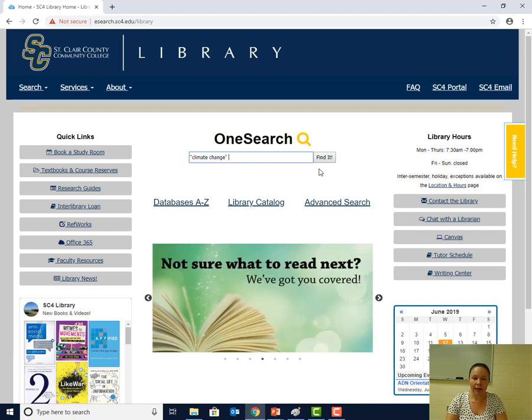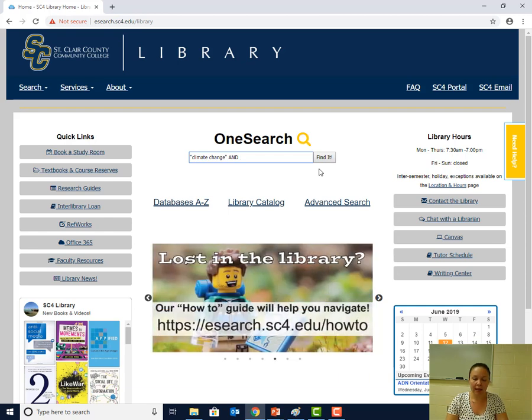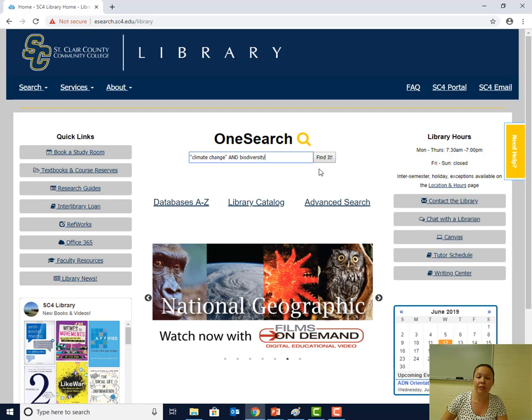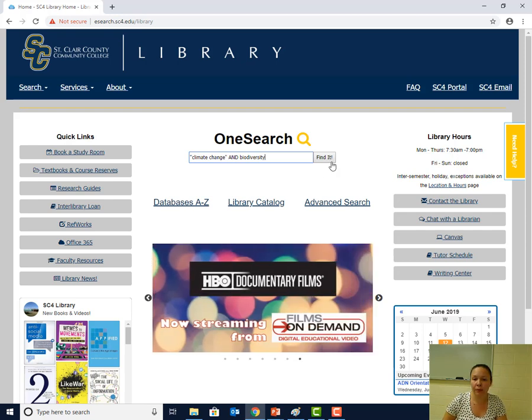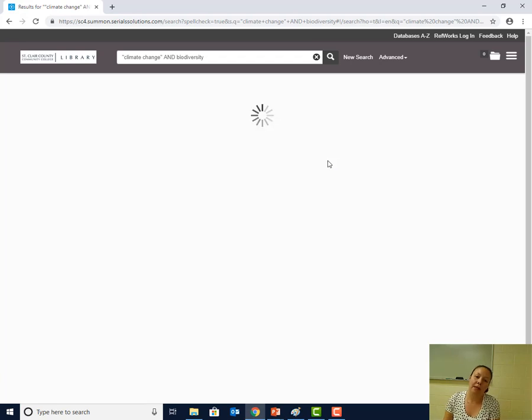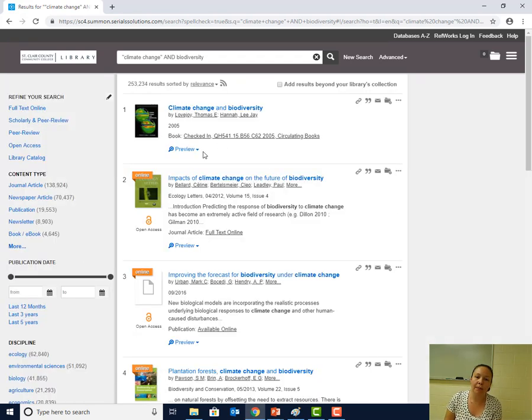And then I would capitalize and write and I would put biodiversity. And biodiversity is one word, so it doesn't need the quotes. So then I click find it, and that brings you through the library's webpage into lots and lots of information on climate change and